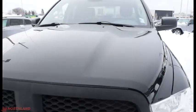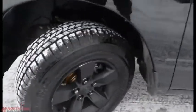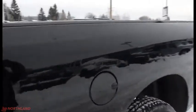This guy's in black, looks great. You got that blackout grille as well as the black bumper down there. Got your halogen headlights right there, and coming all the way around to the side here, we do have our Goodyear brand tires with our 17-inch rims. They look great. Do also have your heated exterior mirrors right there, and coming around to the back, we do